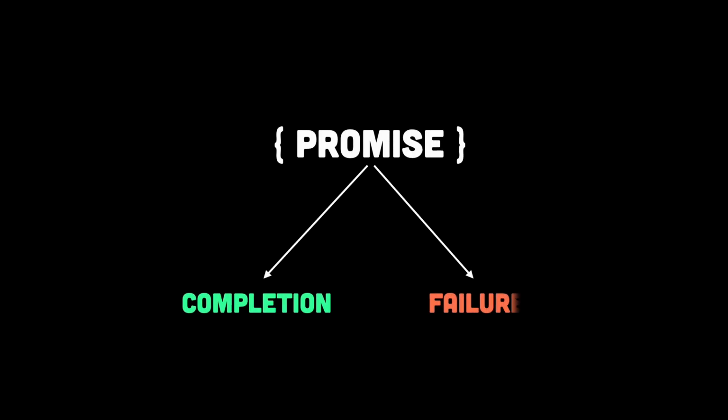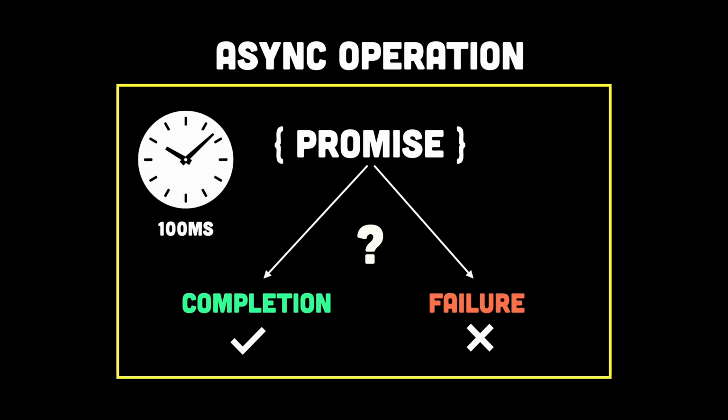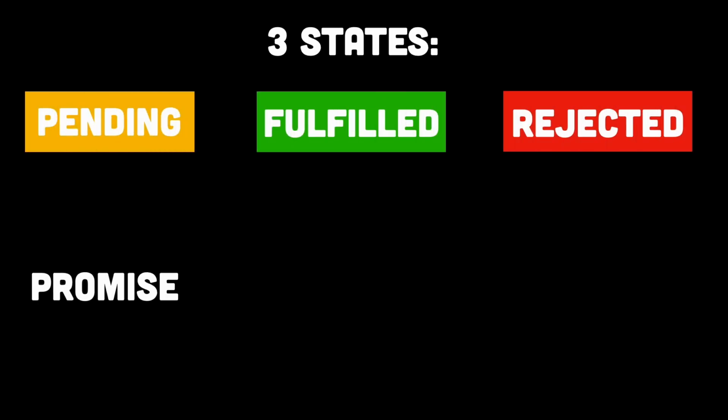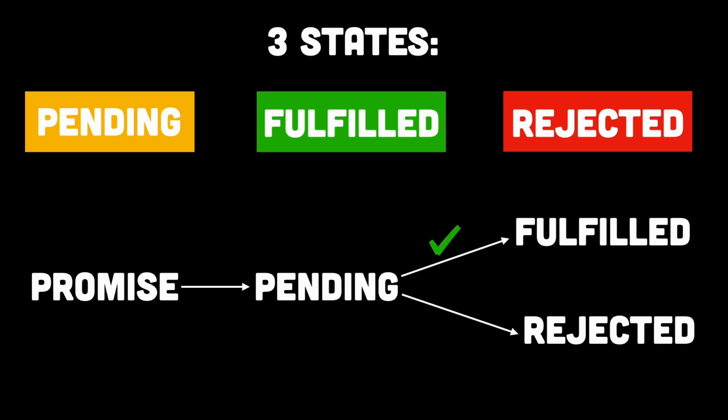A promise is an object representing the eventual completion or failure of an asynchronous operation and its resulting value. It's a cleaner and more organized way to handle tasks like data fetching, file loading, or any operation that takes time. Promises have three states: pending, fulfilled, and rejected. A promise starts in the pending state, then transitions to either fulfilled when the operation is successful or rejected when